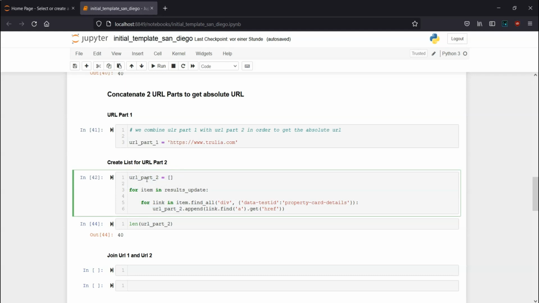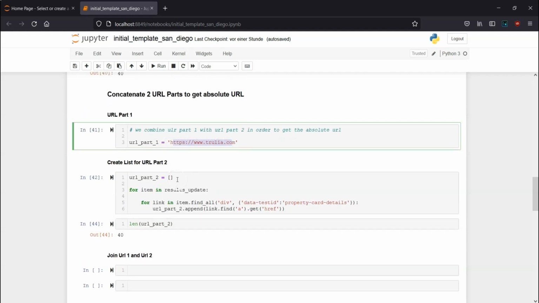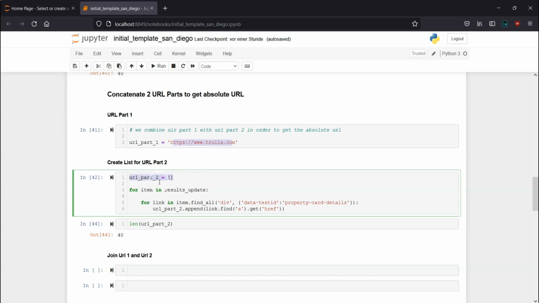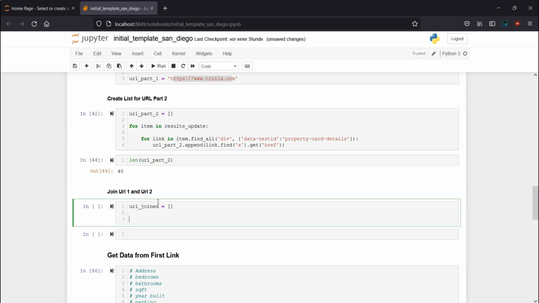Okay, this is it. After we have run our cell, we see here that we also have 40 results, and the last part is actually the following. We need to join URL1, okay, with URL2, which is this one. This is right now the next requirement. So here I need to actually again create a new list. So let's say it's url_joined. Then we need to loop through url_part_2, okay? Let's say for link_2 in UR,